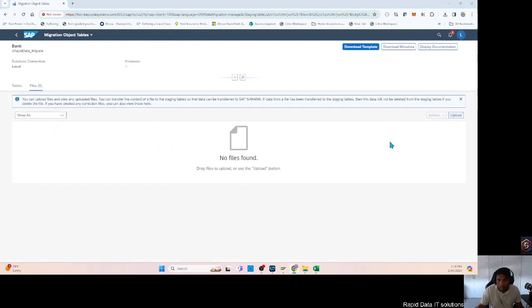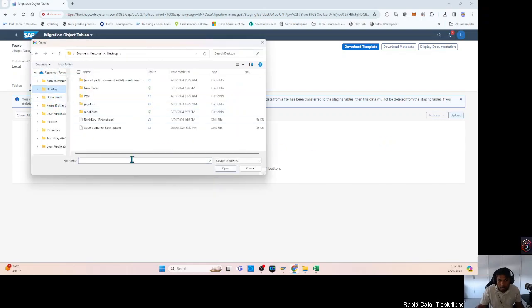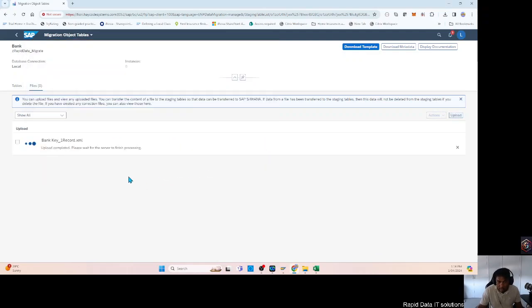Click on upload, and it's going to take you to the file explorer where you need to select the file. In this case, this is one file that you want to upload, this one record bank key file. Let's open this file, and it is successfully opened. You can see the validation schedule. That's the next step. So you can go back from here,